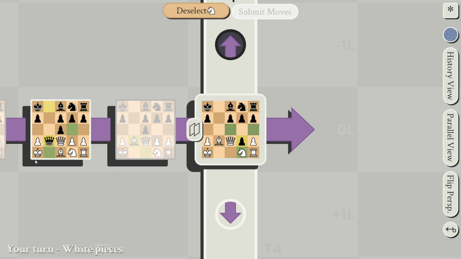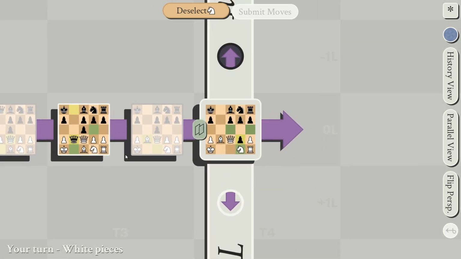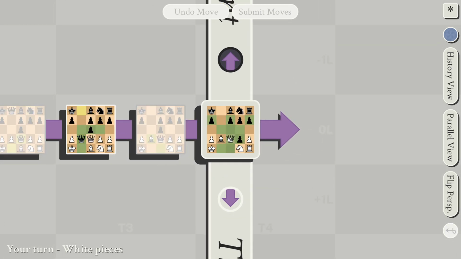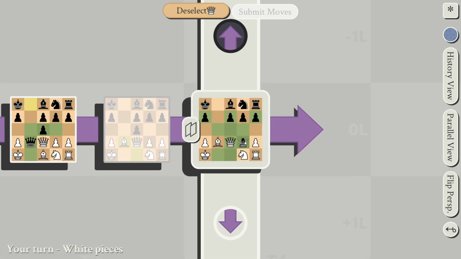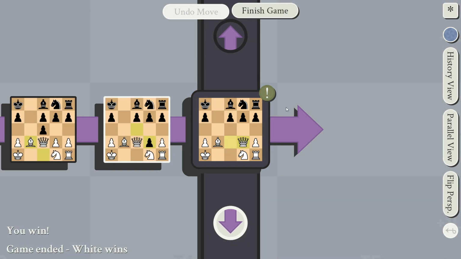So I could move back to this dimension, to this time again. I would like to try. I want to showcase this time travel stuff, but I don't want to do a completely stupid move here. So I will. This is bad. Okay, wait. First, let me. Ooh, this is not good. You're threatening my rook. So we will have to take this piece. There we go. And we are checking him.